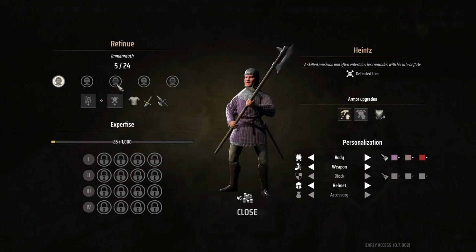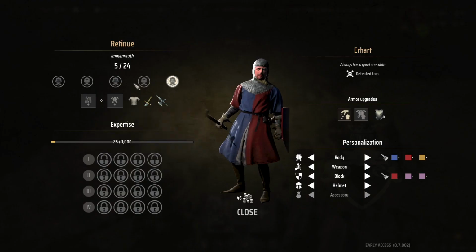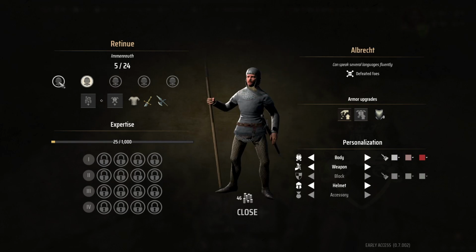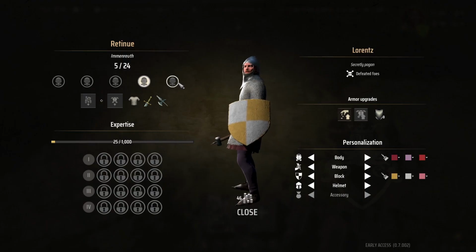Okay, this is my retinue. These 5 dudes are my retinue. I see. Okay, so I can recruit more guys, but I customize each of them individually. That's insane. I thought this was the whole group. He can speak several languages. He's a skilled musician. He enjoys playing jokes on his...